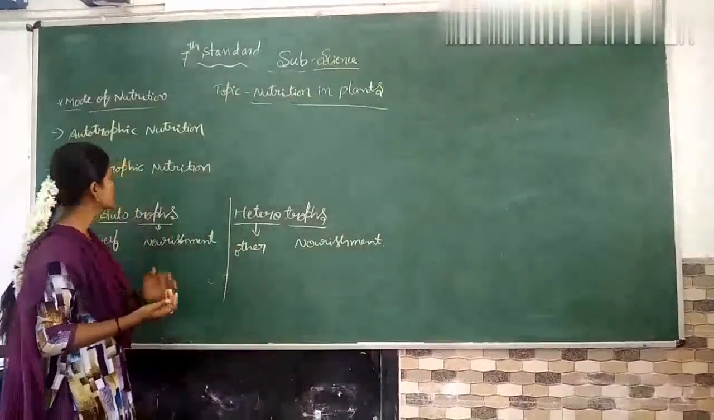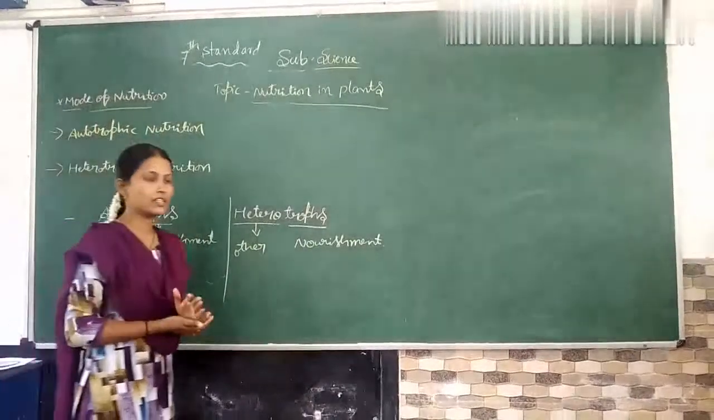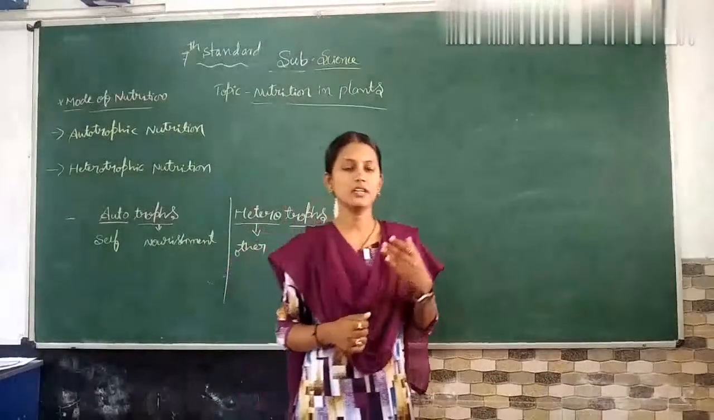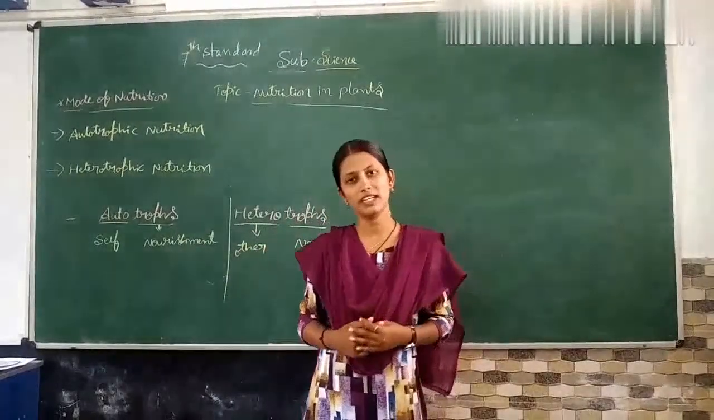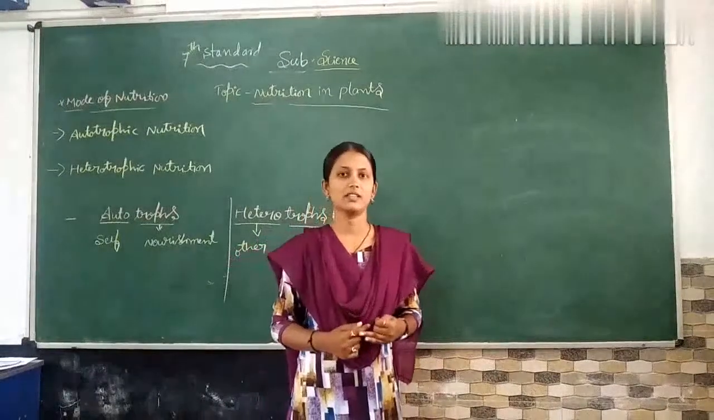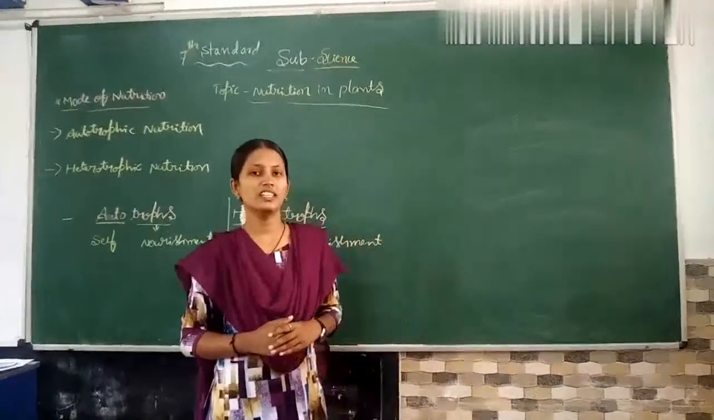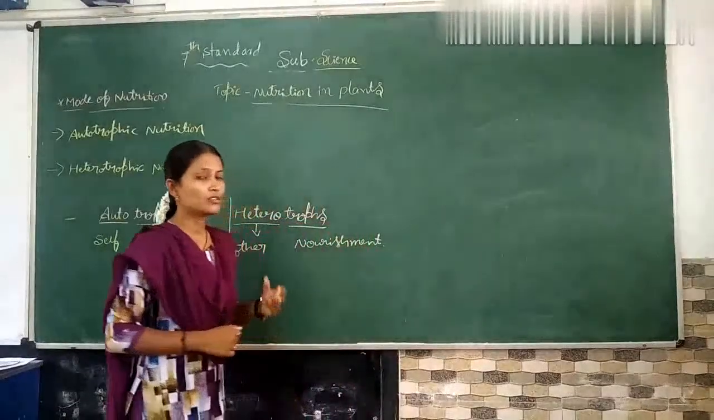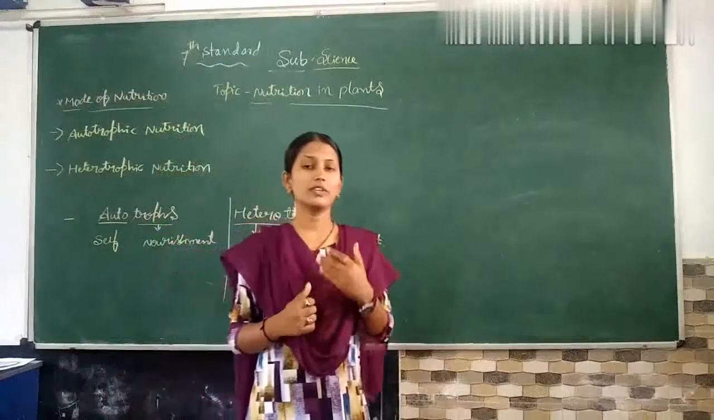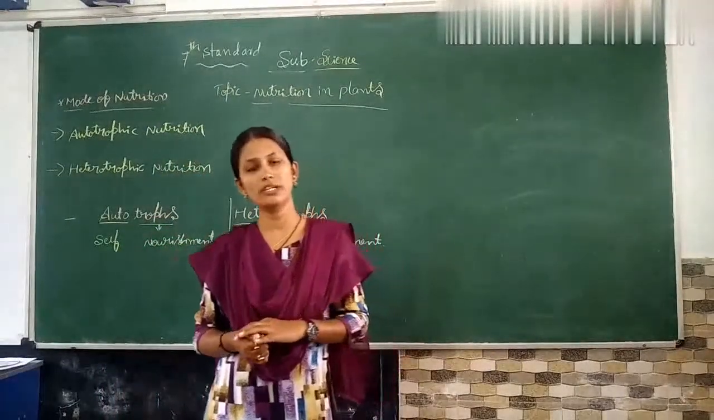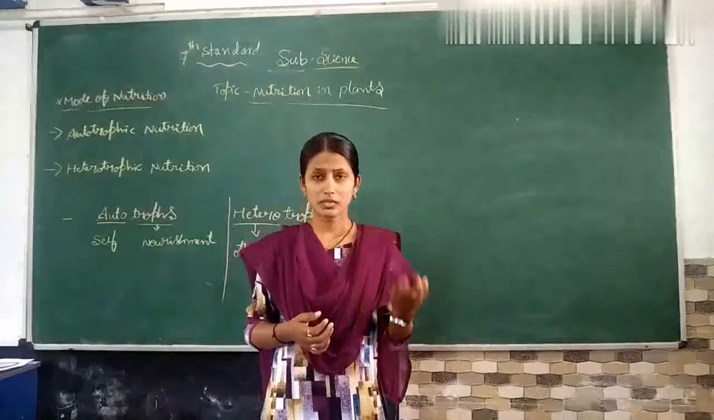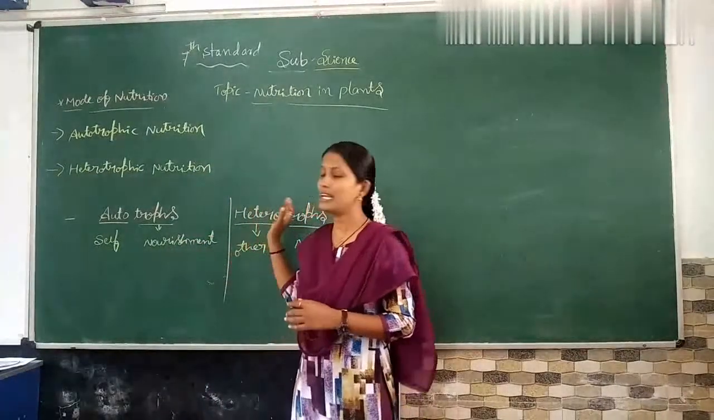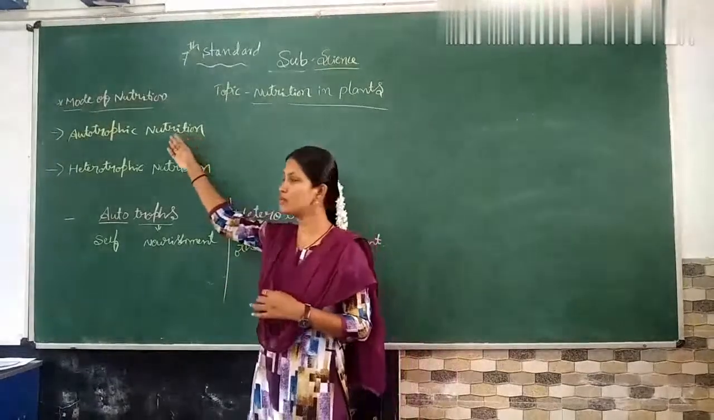Yes, now we will discuss the mode of nutrition in plants. As you know, plants are the only organisms which prepare their own food by using carbon dioxide, water and minerals. These we call the raw materials present in the surroundings. So why do we need nutrition? We need nutrition to grow, to repair our body parts, and also to get energy to perform all the life processes. Then what are the types of nutrition? Here there are two types, autotrophic nutrition